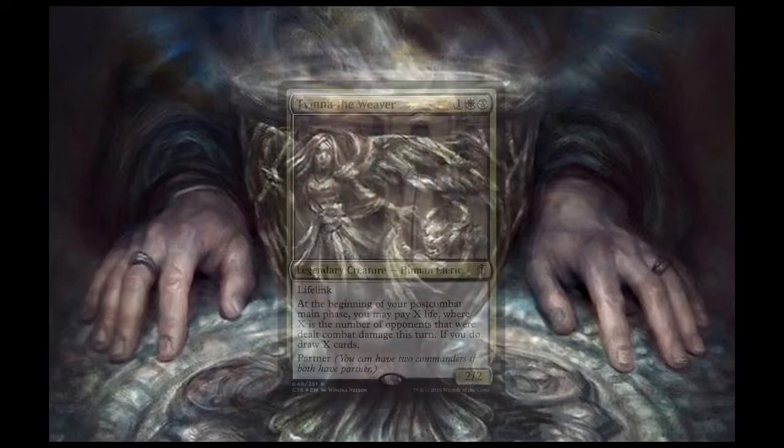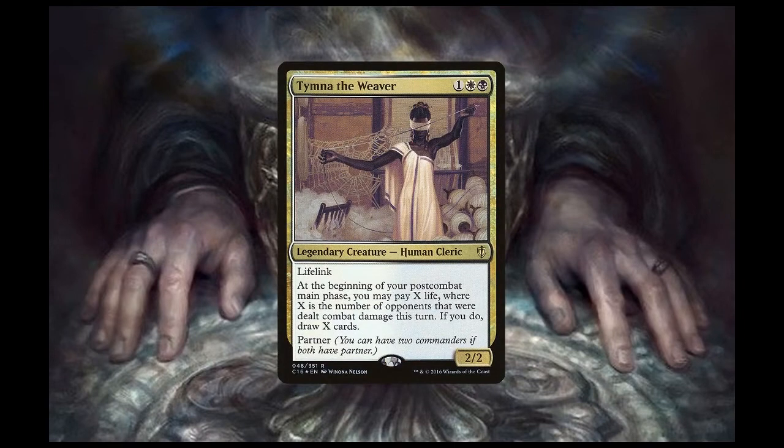Timon the Weaver is a combat-based card draw that also requires paying life, but it's still a great way to draw 3 cards a turn. Paying 3 life for no mana for 3 cards is definitely a great deal. She might not be a vampire, but she's a 2/2 with lifelink besides her other abilities, so she's definitely a